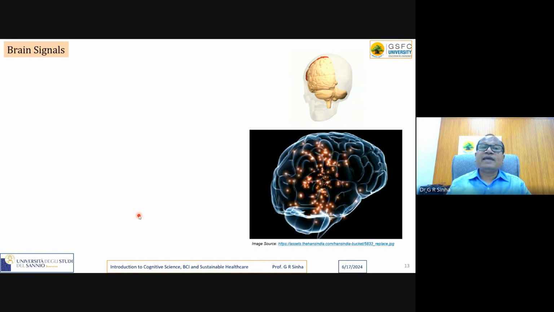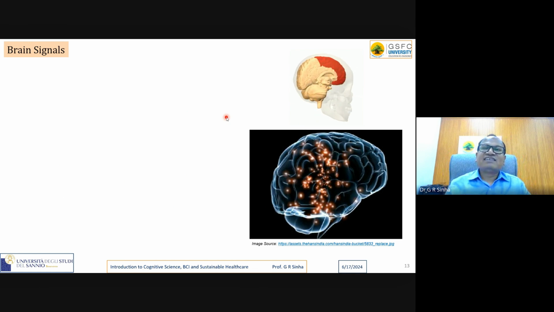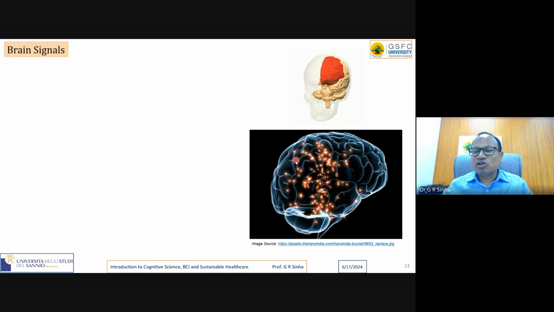So, what do you mean by brain signals? You have seen the brain structure. Yeah, I have included this picture very carefully. Look at the picture. This red color is the frontal area. Then comes the parietal area, and then the temporal area at the bottom, and the backside is the occipital area, and this is the structure. And these emitting points inside the brain, what do you understand by those points? You do something, they generate certain energy, they emit certain energy. These are the luminous points inside the brain, and that is what we record as the brain signal.